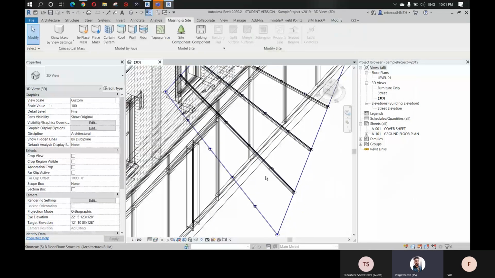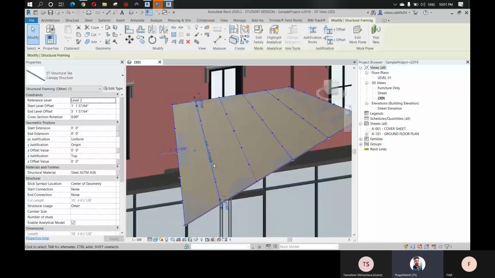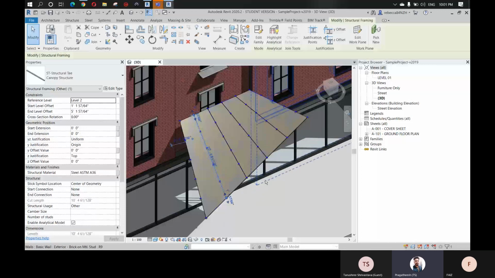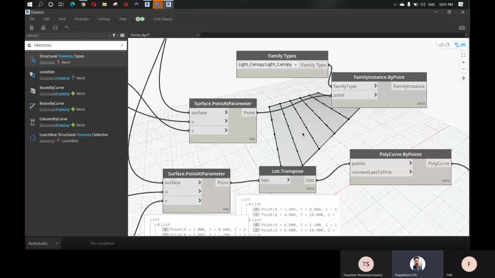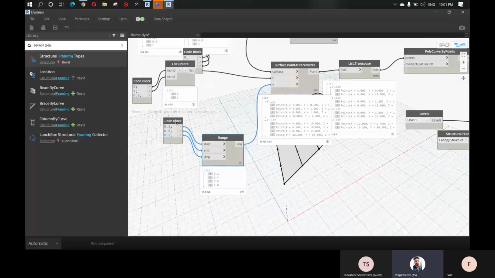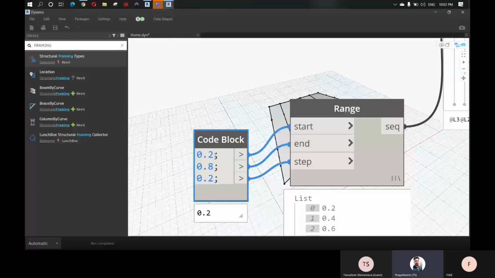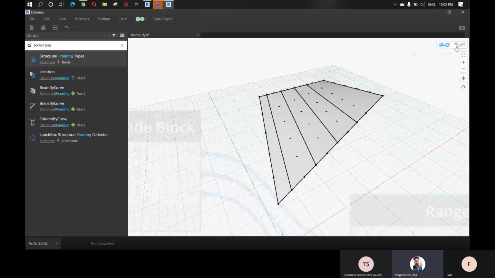Okay, we can see the lights and the structure families, but these lights are clashing with the structure family, right? So you can just do a little bit of list management and we can just change it. So here, let's say we can change this one. Instead of starting at 0.2, let's say it's starting at 0.1. Okay. So now in the background, you can see the framing and the lighting fixture are not clashing. These dots represent the lighting fixture and these lines represent the framing.